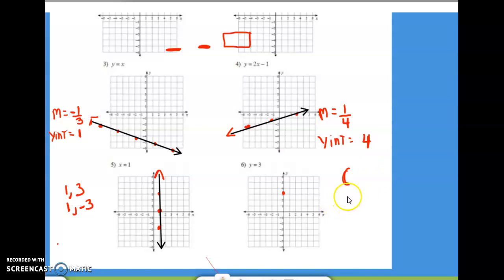So let's say 1, 3, right? 1, 3. 1, 1, 2, 3. And then let's do one more. Let's say -1, 3. And I think you get the picture